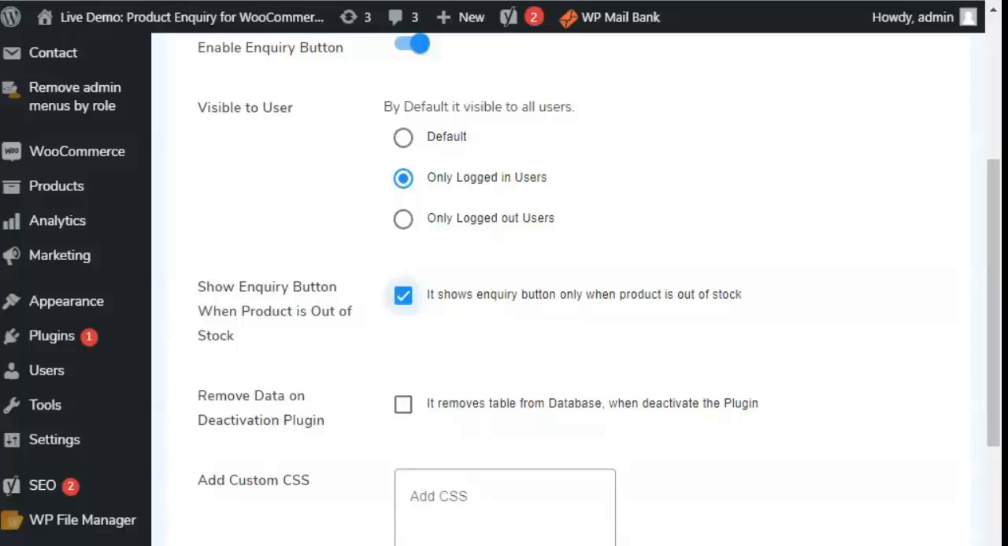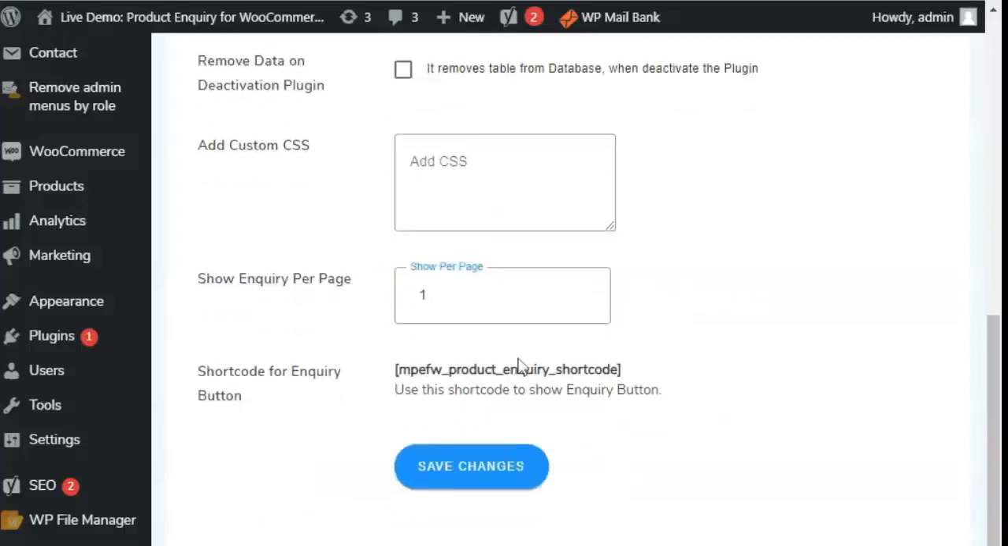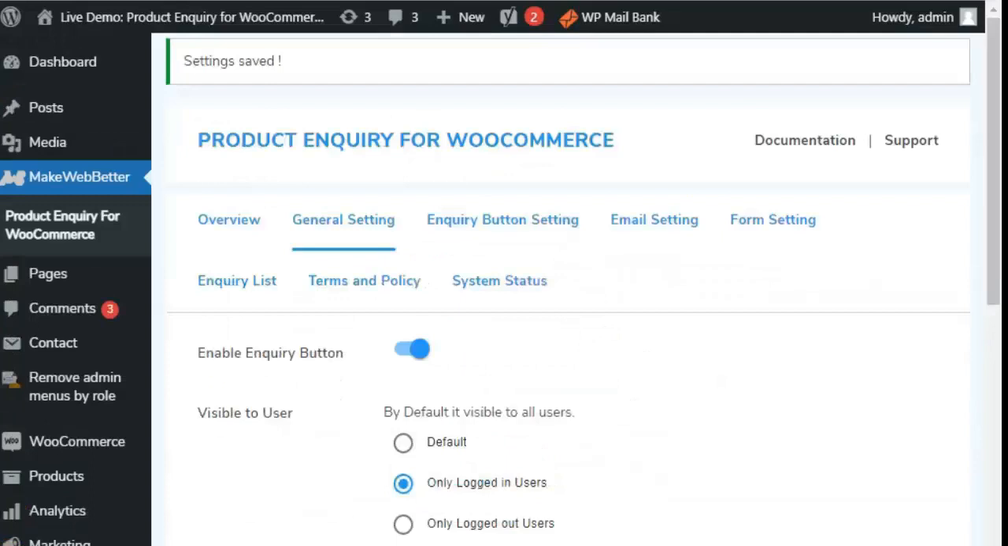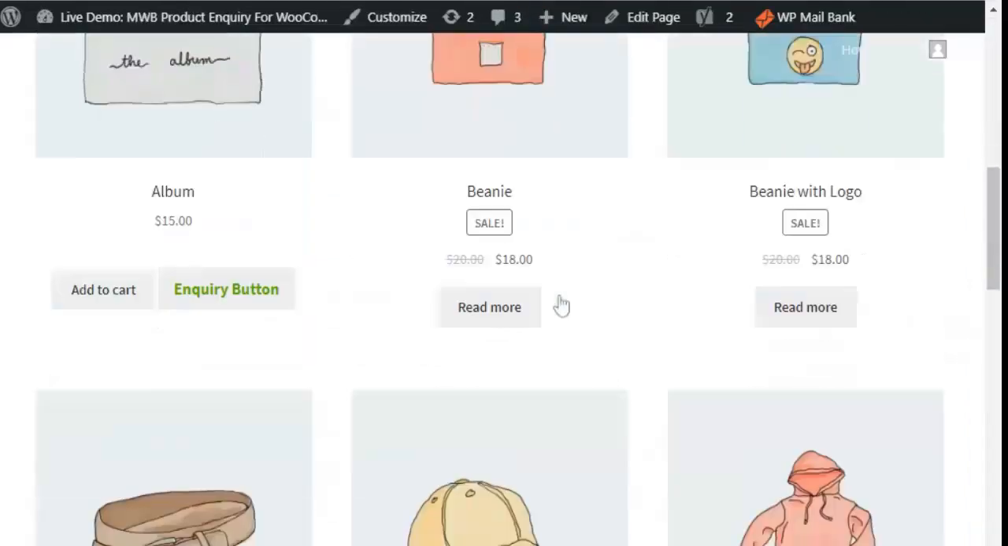But with the help of this plugin, if the admin wants to disable or enable the inquiry button for out of stock products, he can do it from here. Like if I have disabled this, let's click on save changes and go to the shop page. As you can see, these two products are out of stock and there is no inquiry button on these two products